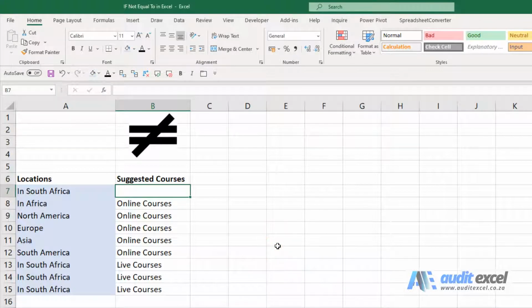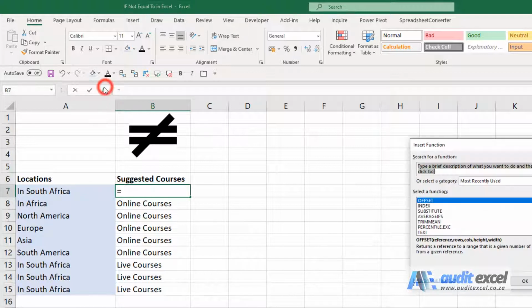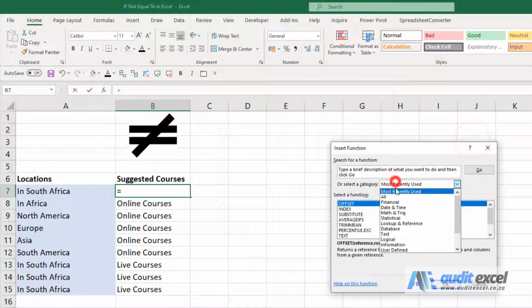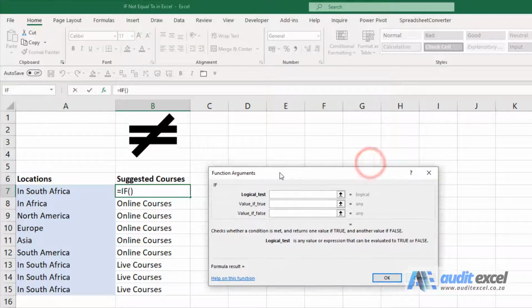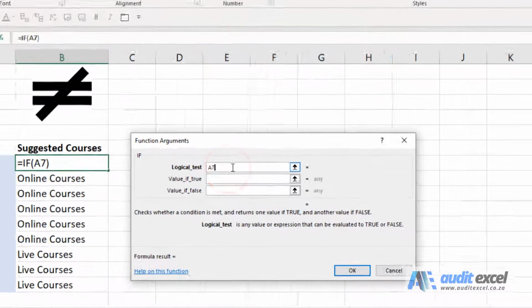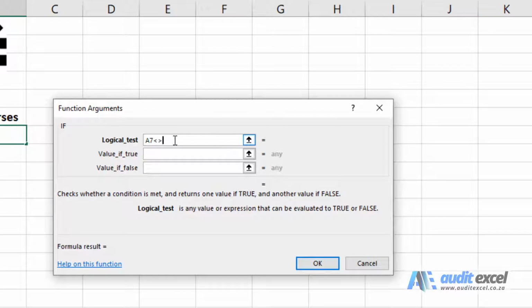If you want to tell Excel not equal to, I'll show you quickly how to do it. So here we want to build a little if function. All I'm going to say, look at that cell there. In order to say not equal to, you do a less than and a bigger than right next to each other. In this case, it's going to be not equal to